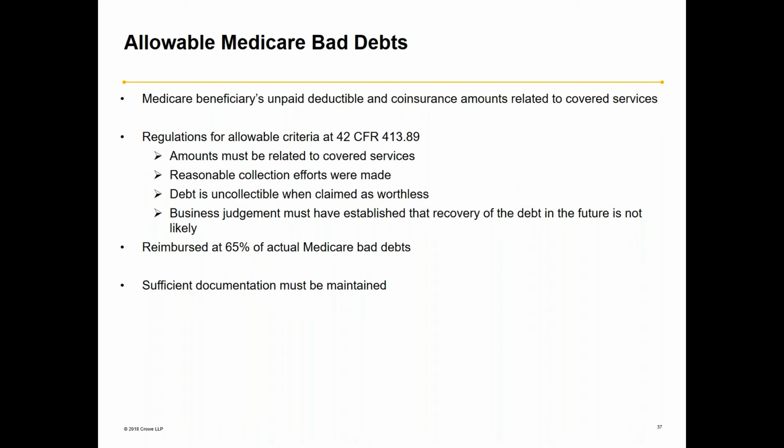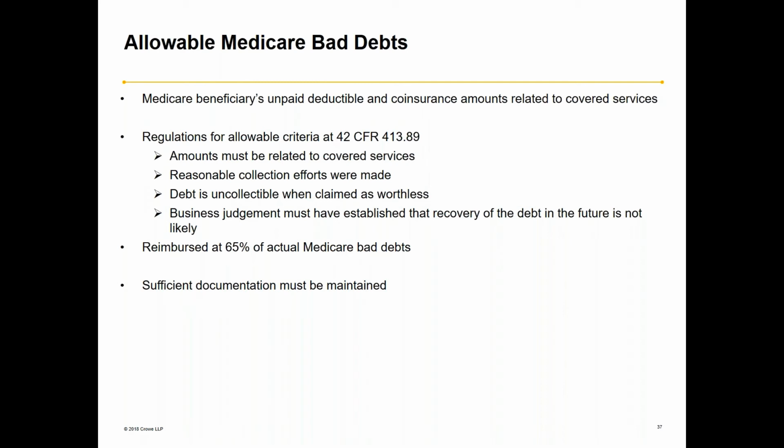So they didn't get hit quite as hard as quickly, going from 100% down to 65% in 1 year. They were phased down to that over a 3-year period, but they too now are at that 65% of Medicare bad debts. So the big thing around Medicare bad debts, the thing that makes Medicare bad debt audits so challenging,